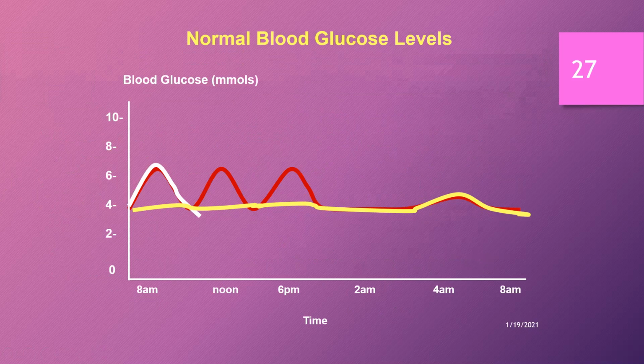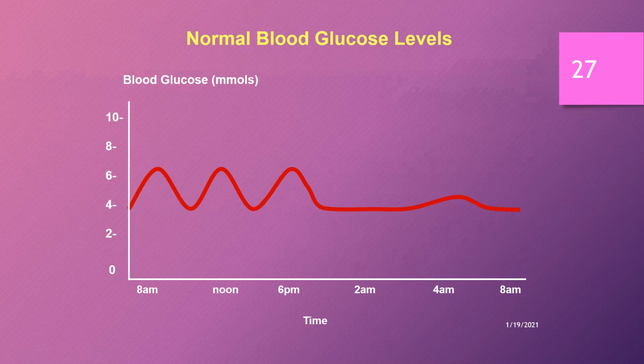Normally we get a surge in the breakfast, lunch. These red curves tell you the breakfast, lunch, and dinner peaks in sugars, whereas this yellow curve shows you that there is a continuous glucose production even when you're not eating or you're fasting. There is a basal glucose production from the liver, from the kidney, and so on, to provide the glucose to the brain, especially.